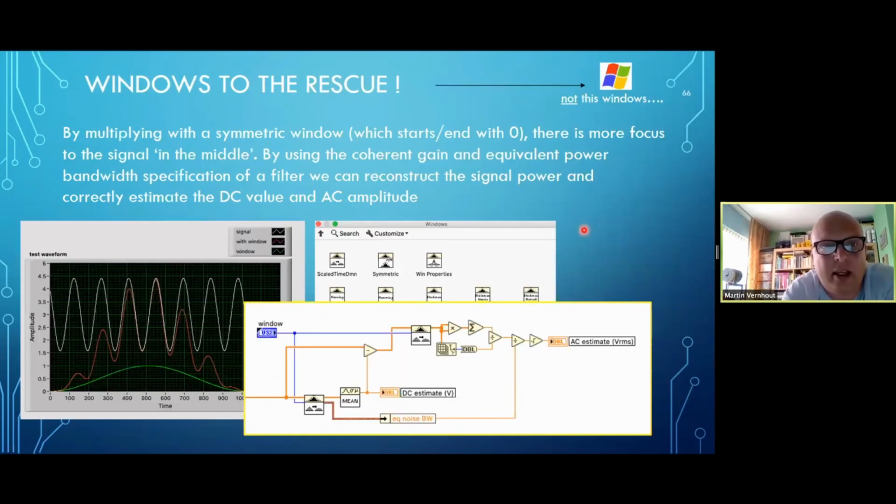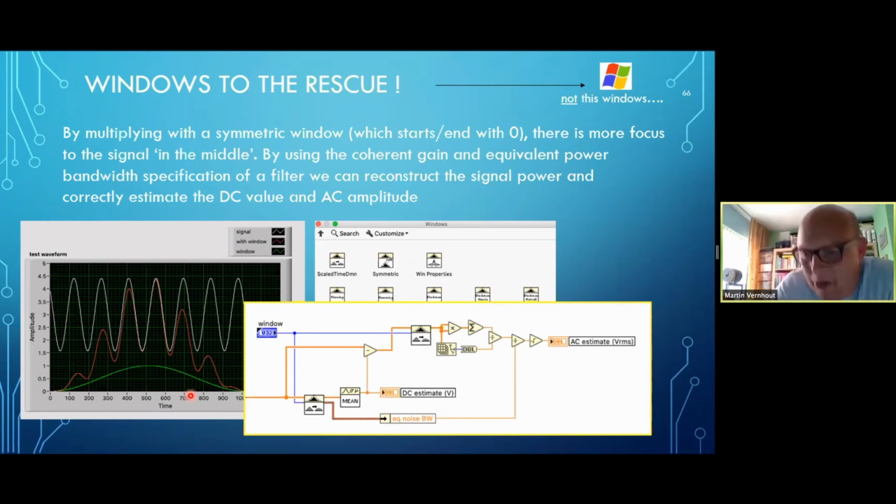The smartest way is to apply a window. If you apply a window, that window function is always symmetric, and it starts and ends with a 0. So over here, your window function almost looks like a Gaussian-shaped normal distribution curve. That multiplies your incoming signal, and then you have that strange peaky signal over there, which looks a bit familiar, like a mountain or something. But then seriously sine inspired.